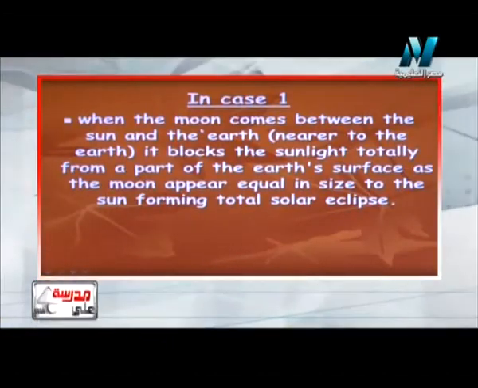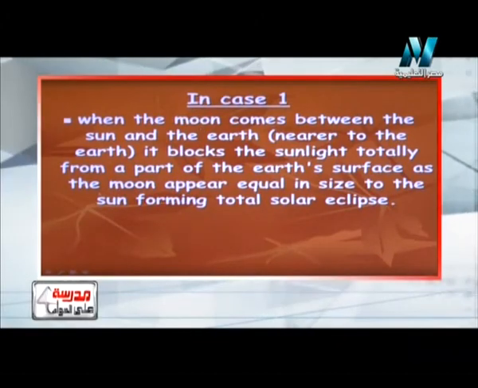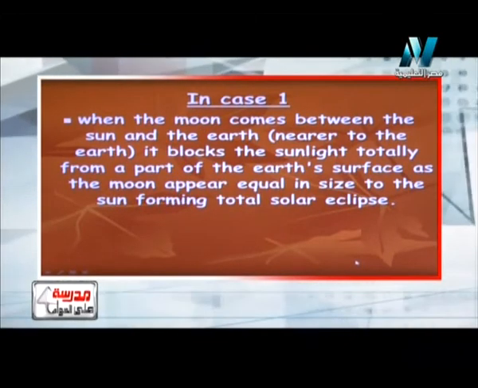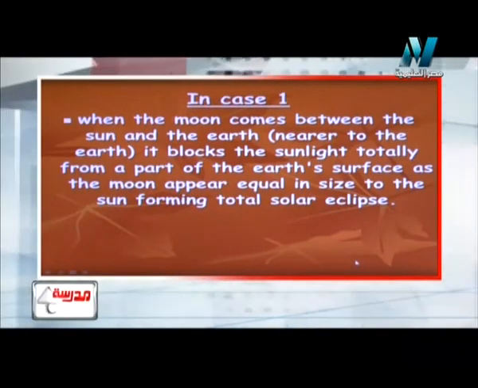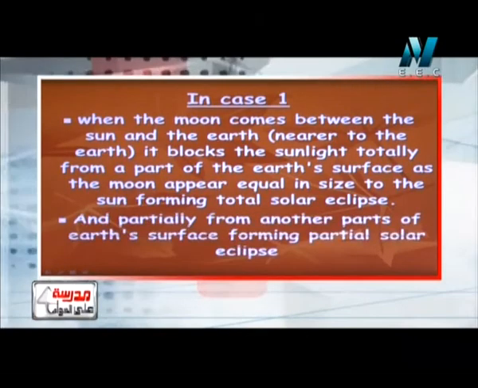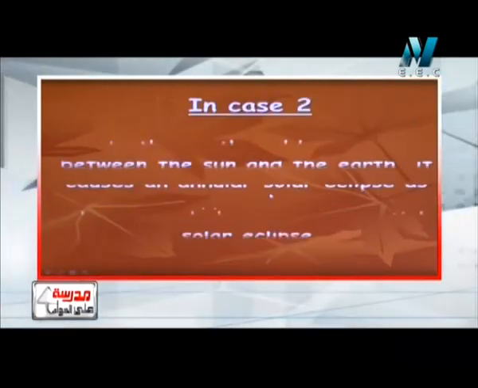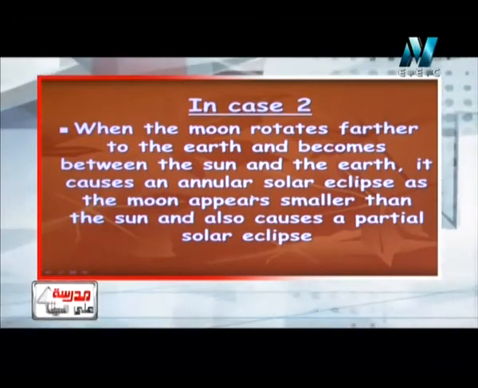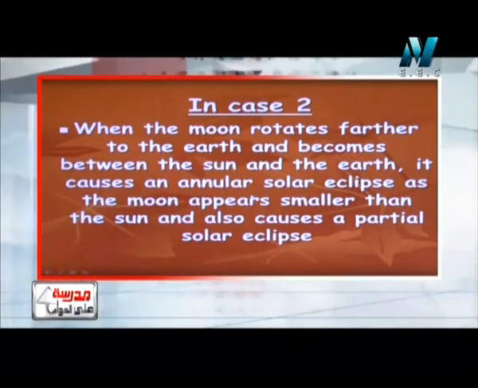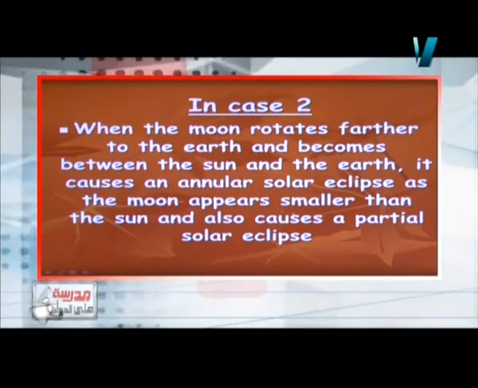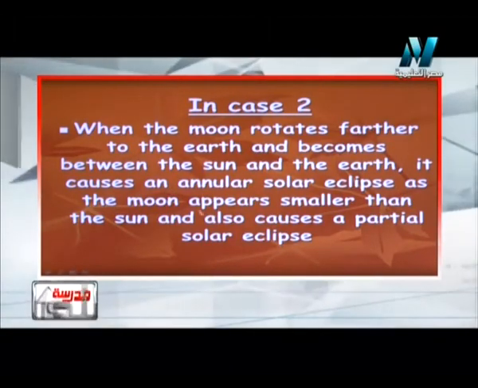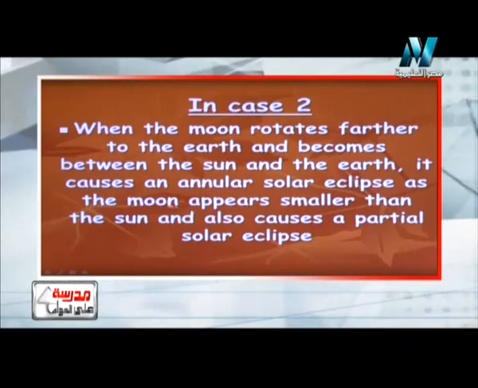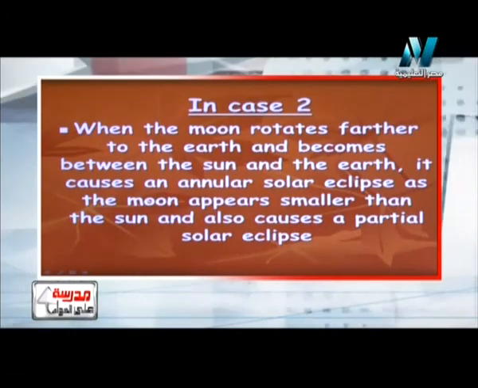When the moon comes between the sun and the earth, nearer to the earth, it blocks sunlight completely, totally, and we have in this case a total solar eclipse. So what happened in the other case? When the moon is farther from the earth and comes between the sun and the earth, it causes an annular solar eclipse, as the moon appears smaller than the sun, and also causes a partial solar